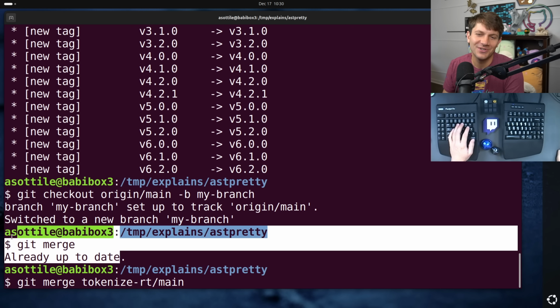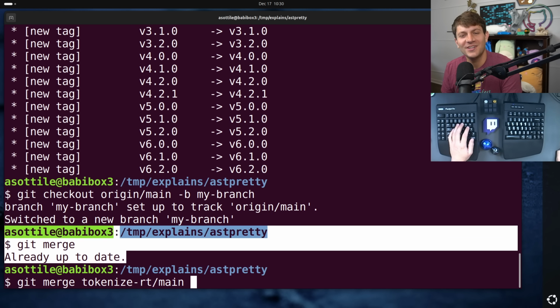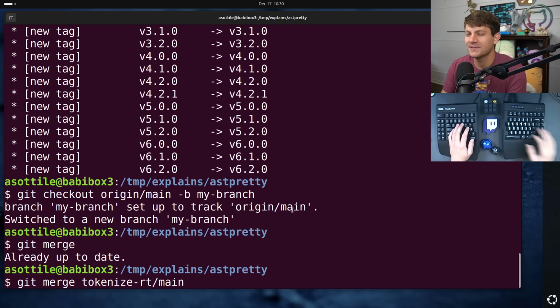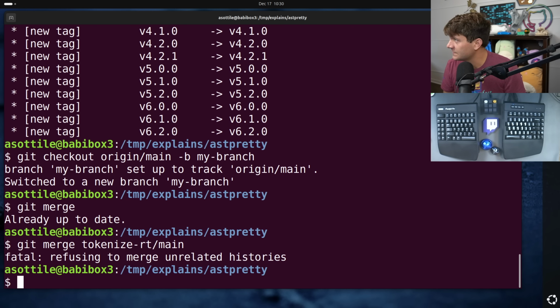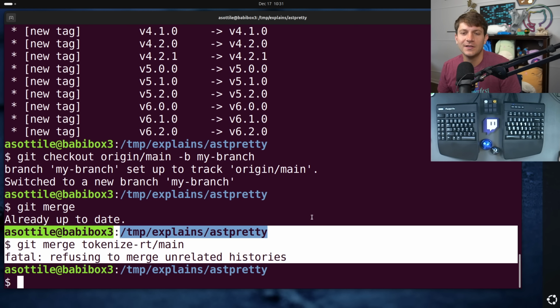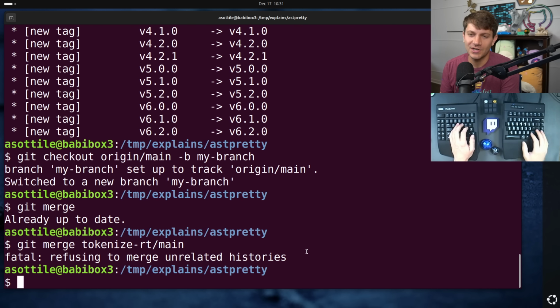Oh, that's funny. Git merge with no options doesn't say what to merge. Huh, I was surprised. There must be a default. I bet it defaults to whatever your upstream is set to. But anyway, if we merge this, you'll see that Git produces this helpful error message. And this didn't exist in 2016 when this other root was added to the Linux kernel. This is sort of the fallout of the change here. Refusing to merge unrelated histories.